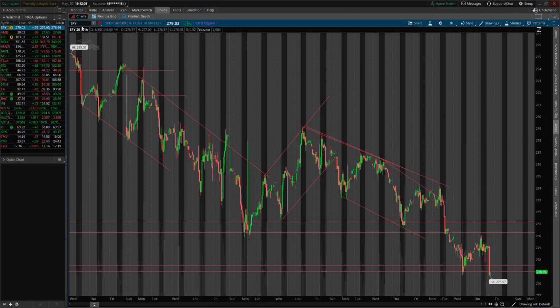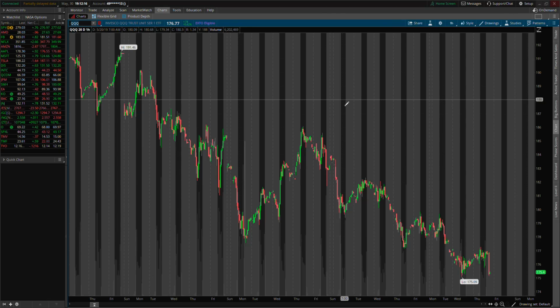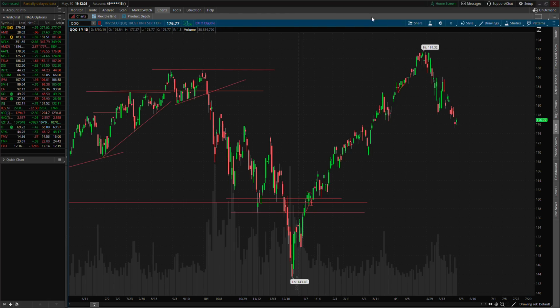So, moving on, we're going to discuss the stocks that were mentioned in the group chat. First one being SPY, which I already covered, and then the Qs. The QQQs is like SPY, but I believe for NASDAQ, I believe IWM is Russell, QQQ is NASDAQ. If you can see here, let's go to the daily to get a better time frame. We've actually been selling off with SPY, but today we actually had more of a green day versus SPY's